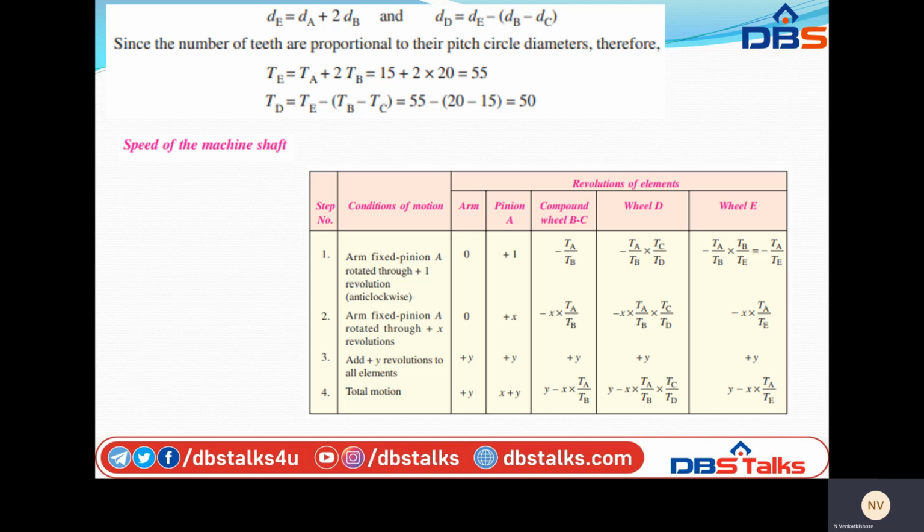The arm is presented, and A is called the pinion. B and C are the compound wheel, and wheel D and wheel E are individual. Here we are fixing the arm. For the pinion it is plus X, for the compound it is TA by TB, for wheel D it is TA by TB into TC by TD, and for wheel E it is TA by TE. So after framing all the equations in the table,